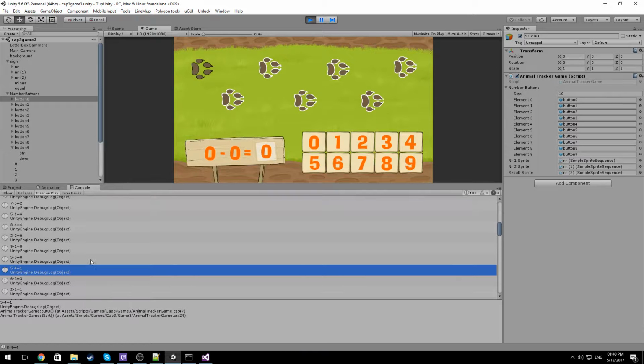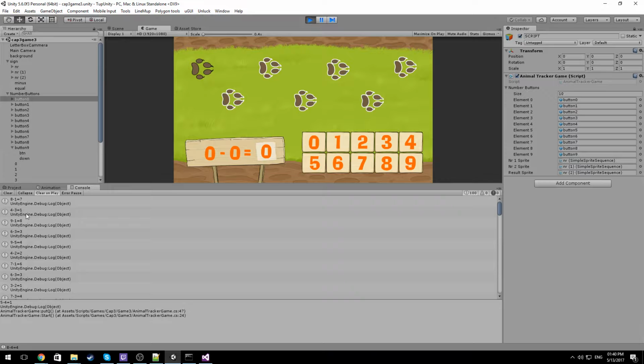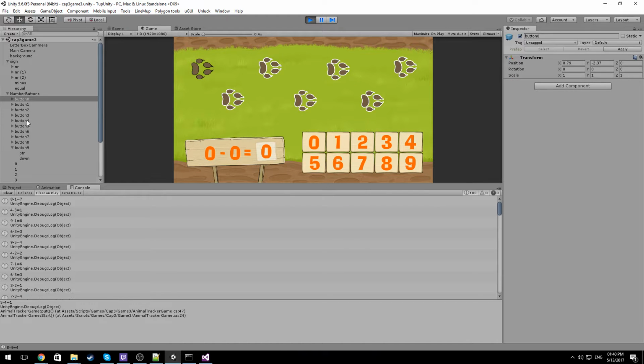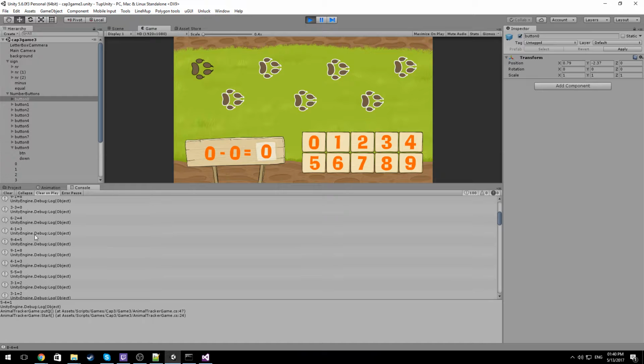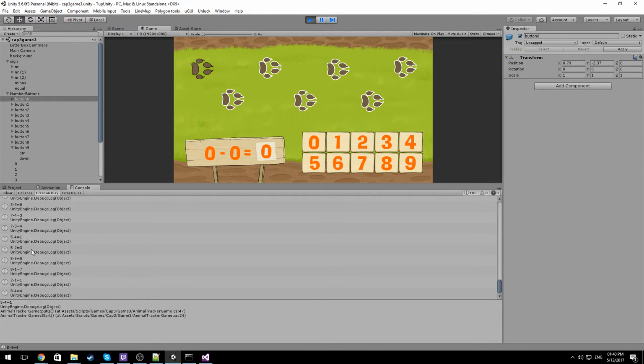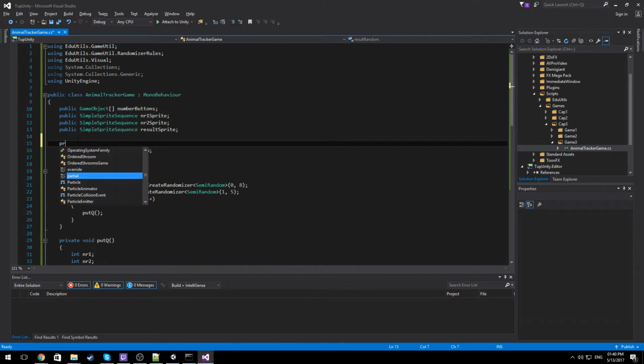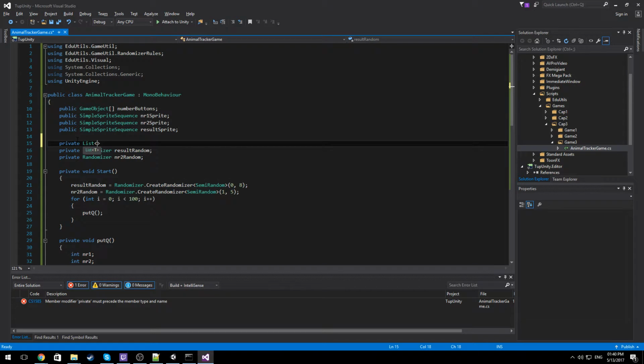Now, another problem is that even though I could use randomizer to make sure that the same result never occurs, that would defeat my purpose just a little bit, because I do want the children to be able to learn the fact that you can get the same result using different calculations. And what we're going to do to achieve that is we're going to use a list of strings